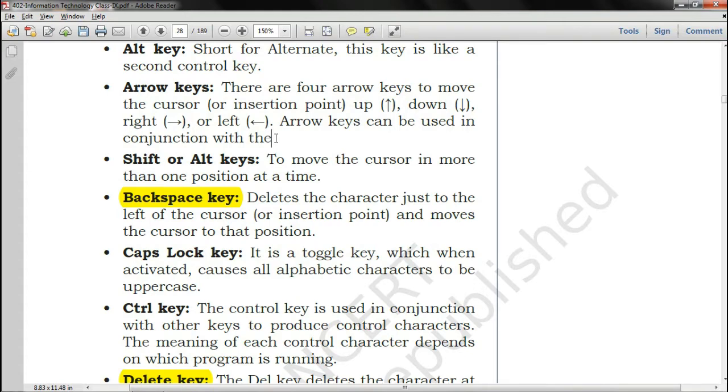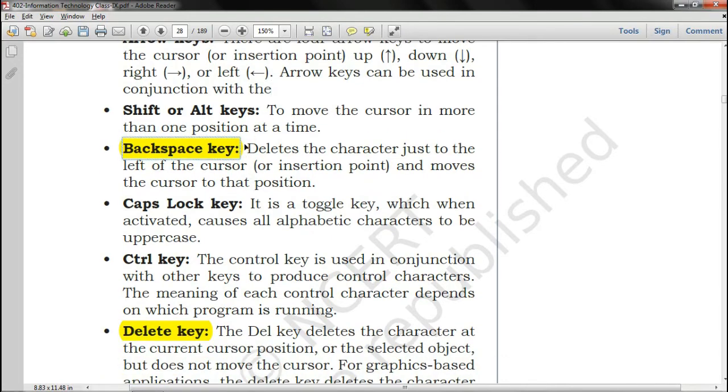And next is the backspace key, which is used to delete the character just to the left of the cursor, not to the right of the cursor. This is the difference between the backspace key and the delete key. You should know the difference.